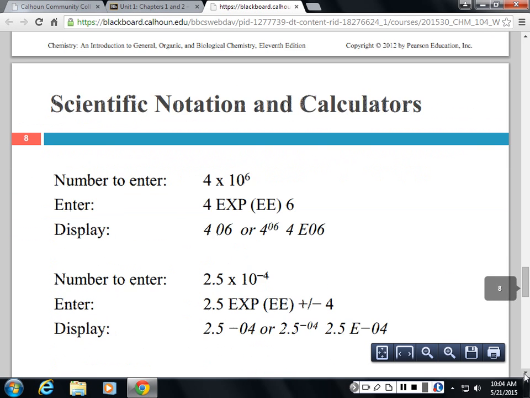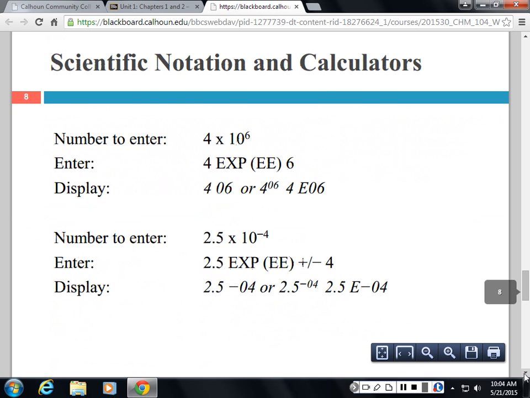When you're entering numbers in your calculator, I get lots of questions on this, especially if you're using a number in scientific notation and then multiplying or dividing it. You may need to use multiple steps in your calculator instead of trying to put everything in there at once. But typically, you want to put parentheses around your scientific notation. So